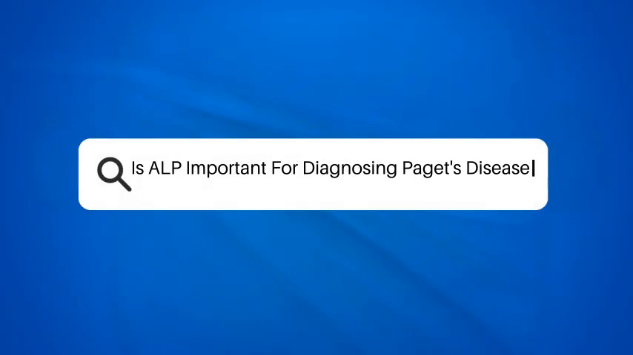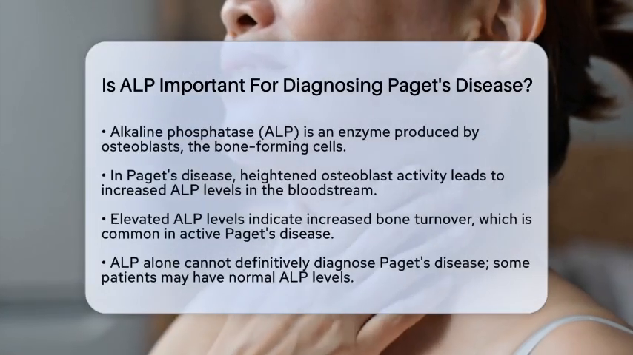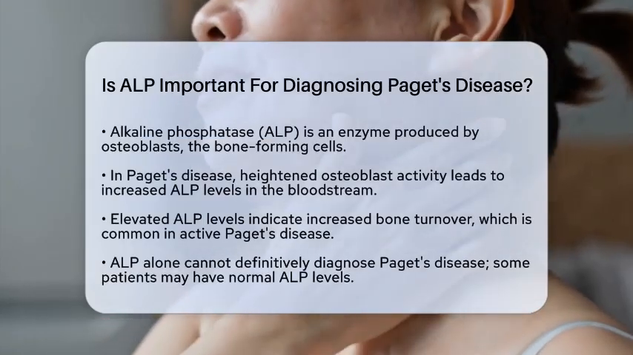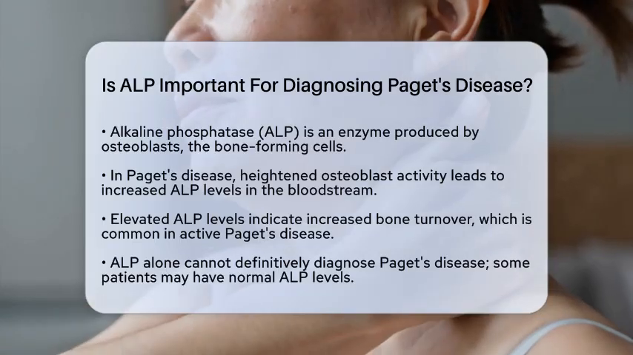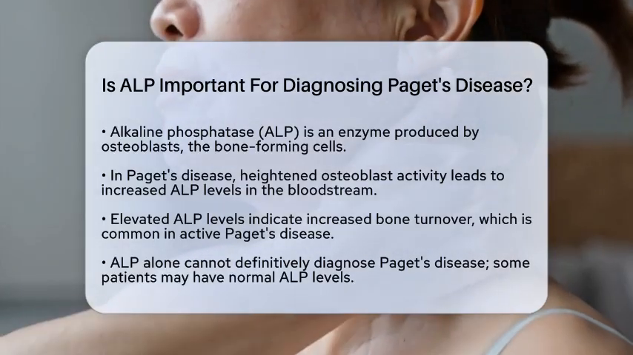Is ALP important for diagnosing Paget's disease? When it comes to diagnosing Paget's disease, a common question arises. How important is alkaline phosphatase, often abbreviated as ALP? To answer this, we need to explore the role of ALP in the context of Paget's disease and other bone